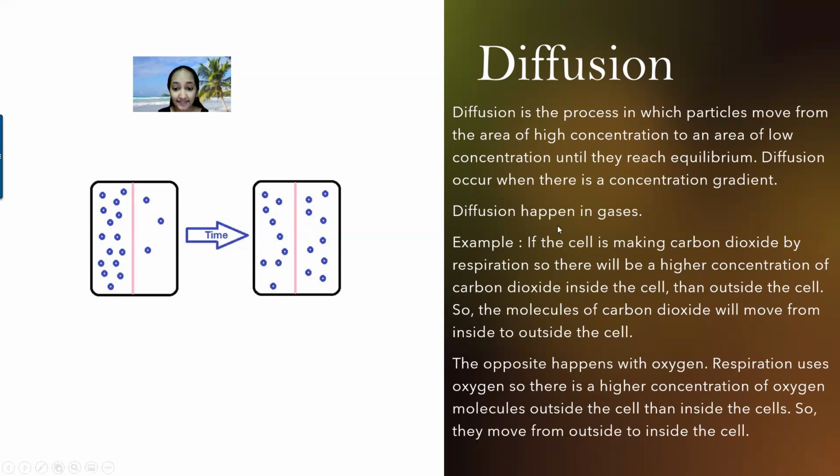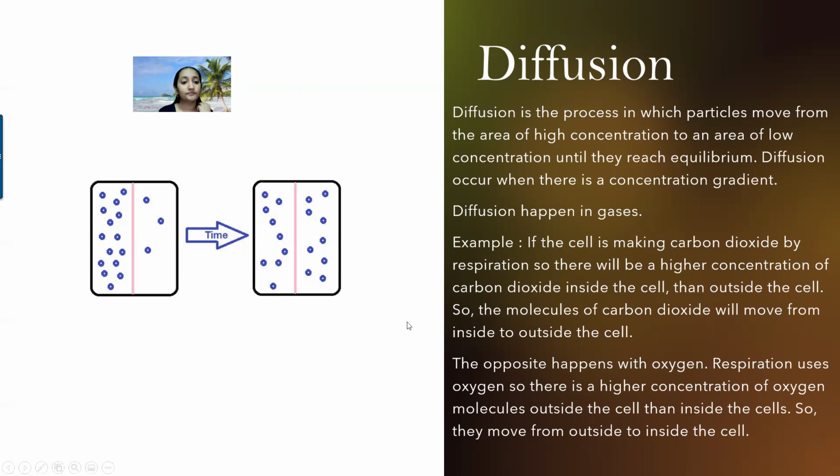Diffusion happens in gases. For example, if the cell is making carbon dioxide by respiration, there will be a high concentration of carbon dioxide inside the cell than outside the cell. So the molecules of carbon dioxide will move from inside to outside, from an area of high concentration to an area of low concentration. The opposite happens with oxygen. Respiration uses oxygen, so there is a higher concentration of oxygen molecules outside the cell than inside the cell. So they move from an area of high concentration, which is outside, to inside, where there is an area of